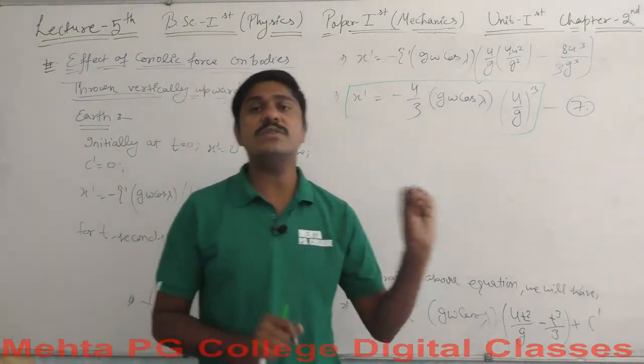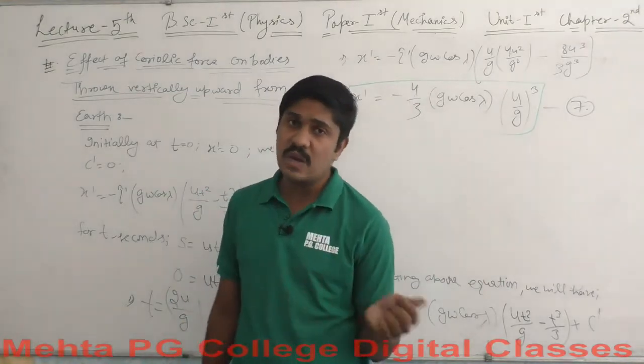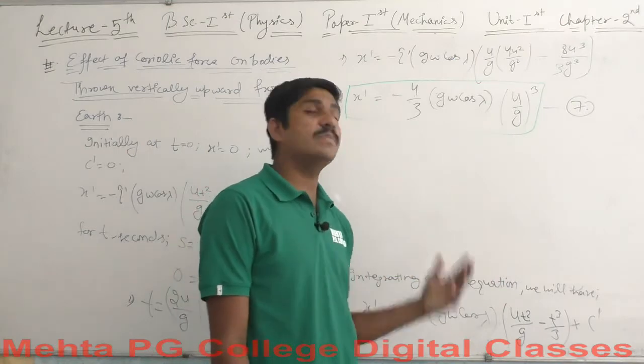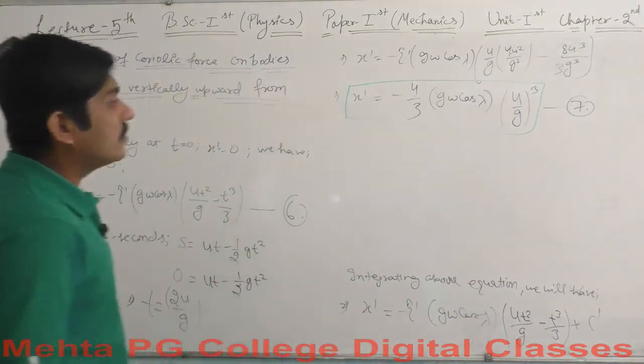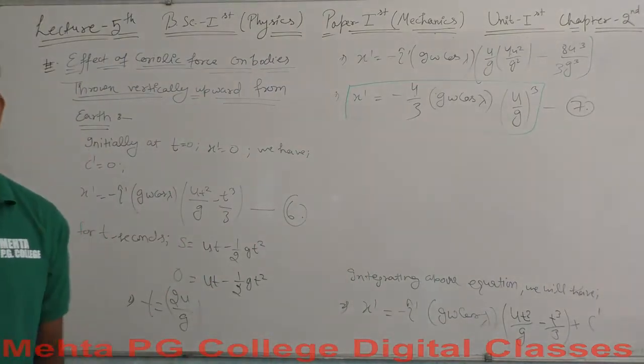The larger the initial velocity, the larger the displacement will be. If the initial velocity is lower, the height reached is also lower. I mean the height is lower, so simply the displacement, which is the x dash, will again be lower for this calculation. Okay. Also we have one more concept to discuss.